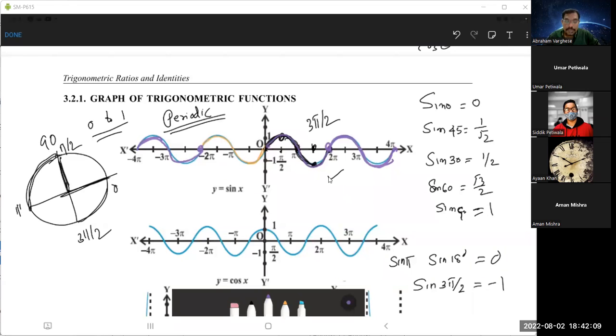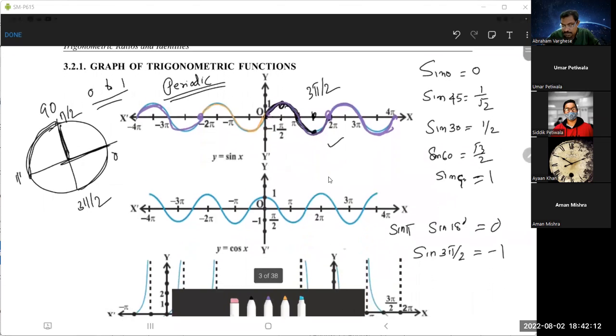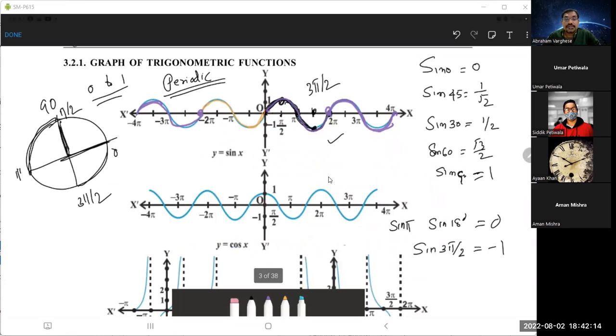The graph of cosine x. Sin x and cosine x look the same. You can also call this a continuous function. When I say continuous, we will have a formal definition later. Continuous means there is no break. You can give any value, any real number, for that x, and it will give some value. Say sin 30, sin 80, sin 180, any value you can give, it will give some value. But always that value is in the range